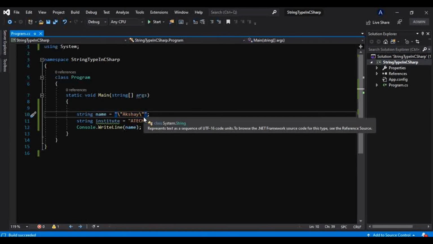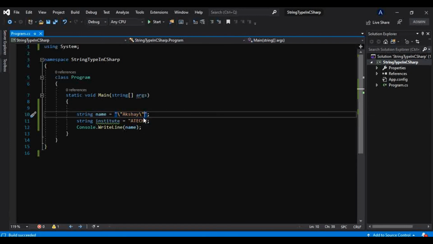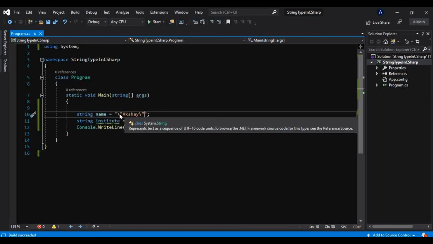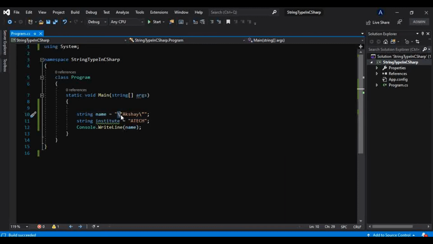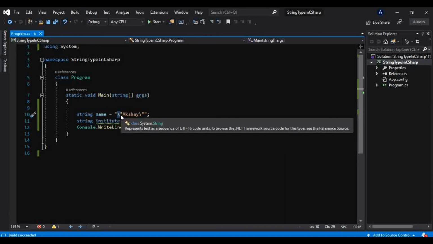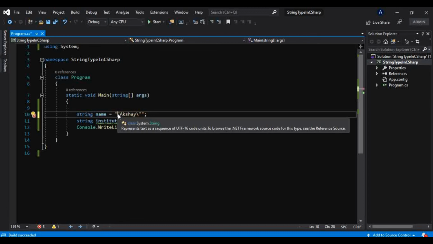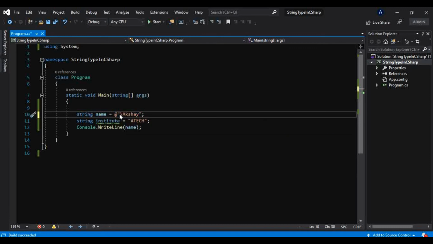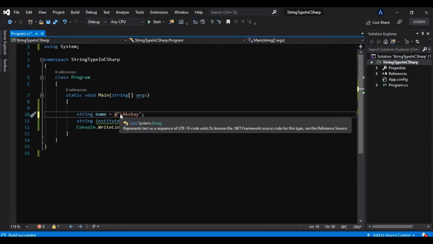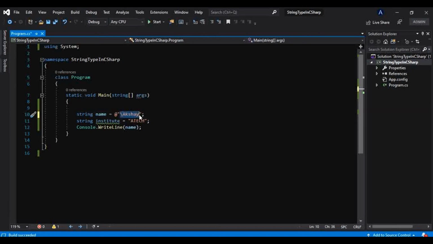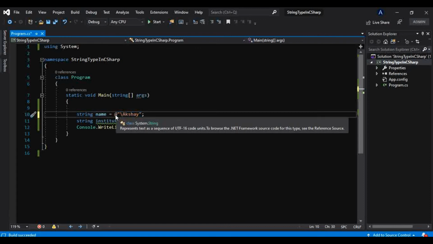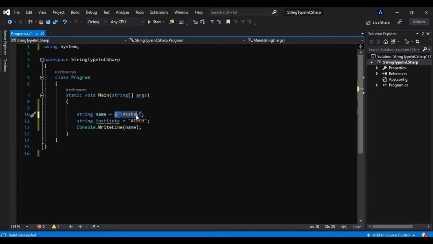Now, what is a verbatim string? If you don't want to use escape sequences and you want your string to be more readable, what we can do is put @ here. Now whatever you print inside the double inverted commas will be treated as a string only, because we are using a verbatim string instead of a normal string.